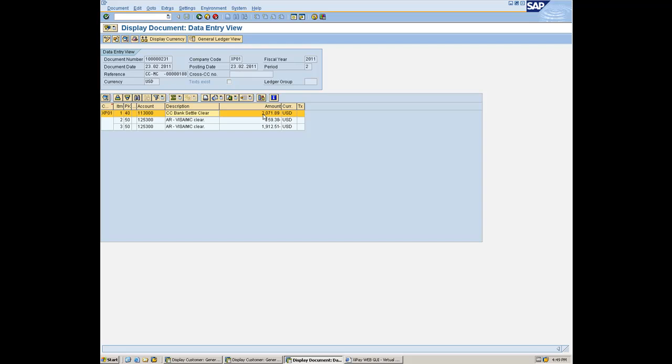The last remaining step is a manual step, and that is a manual journal entry to clear this open item and then debit cash. Depending on when you are assessed your interchange fees, whether that's per deposit or on a monthly basis, and that will vary by card type, you would also at some point credit cash and debit an interchange processing fees account. That is the full flow of a standard SAP order to cash process where a credit card is